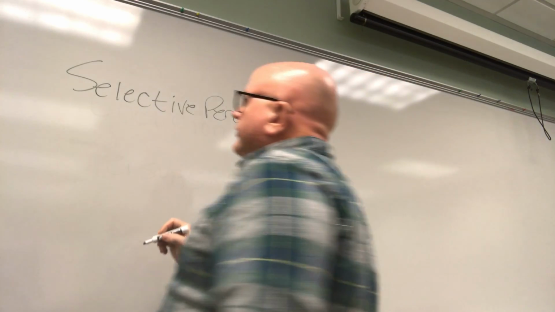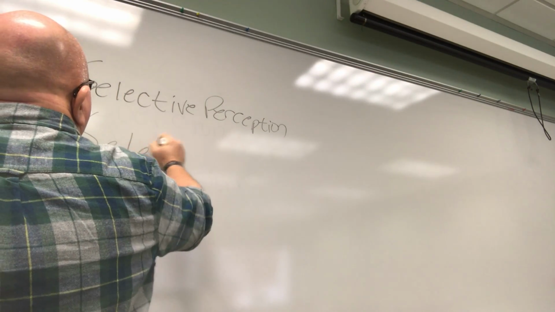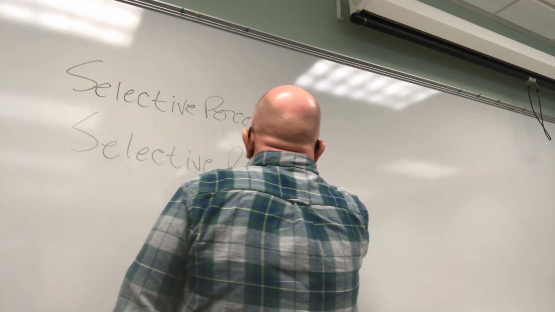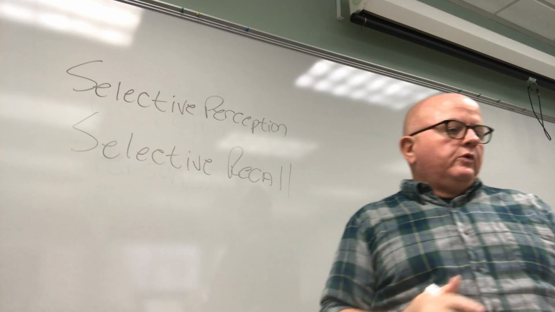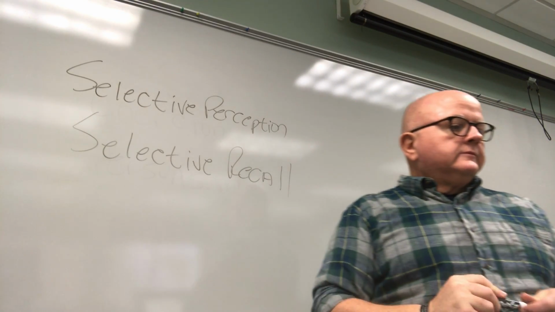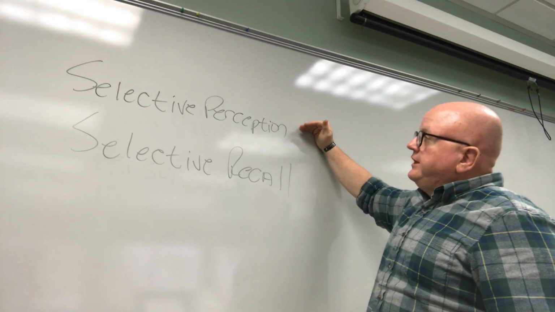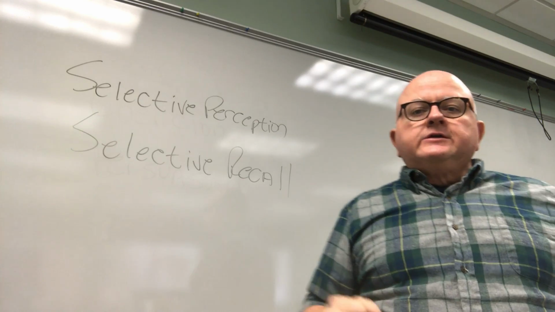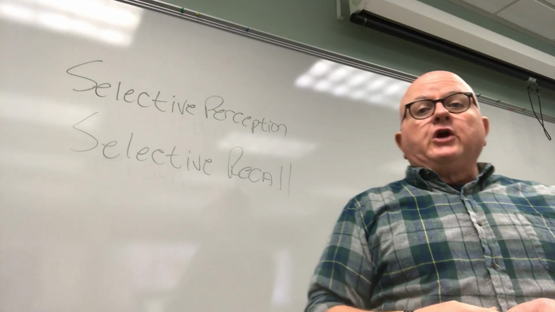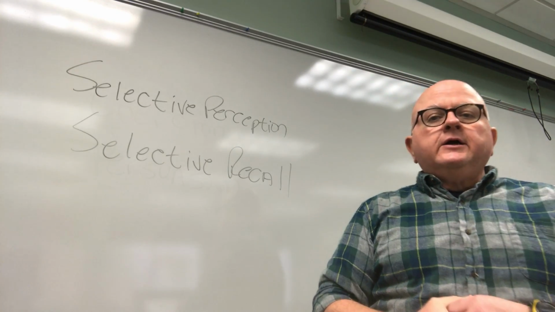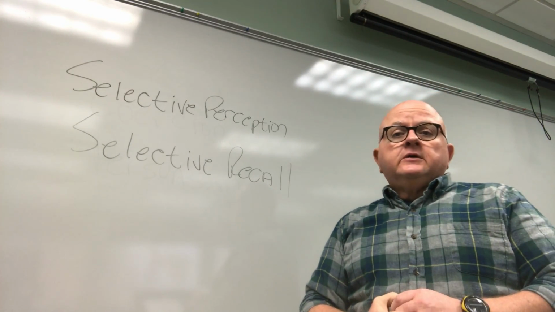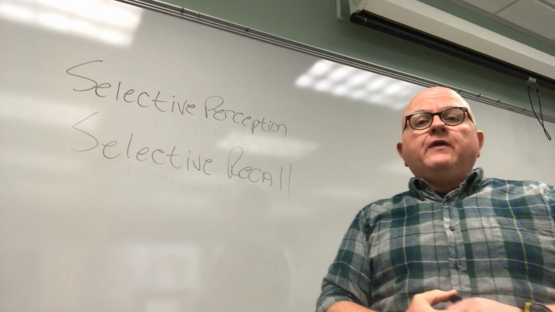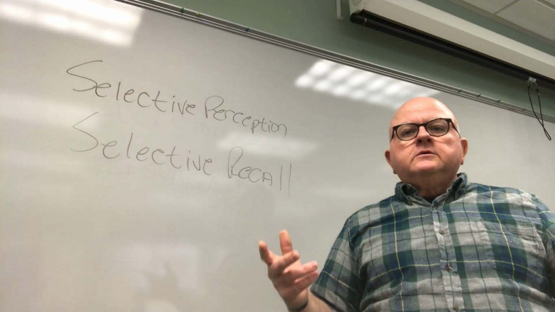The second thing is selective recall. We really only remember the things we want to. If we do perceive it, we can filter it out later and choose not to recall it. Some of these things are voluntary. Sometimes selective recall is not. If it's trauma, sometimes you'll force it out of your mind. But just because you see or hear something that contradicts something you already believe in, you may just say, well, I don't remember that.